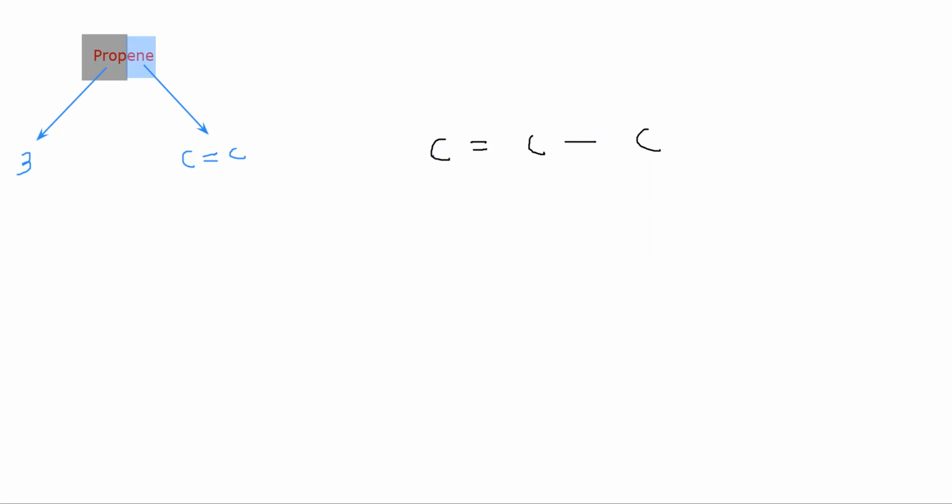Carbon can form a maximum of 4 bonds. So there is always the number 4 you have to complete. So that is prop because of 3 carbon, and ene shows that there should be a double bond between the first 2 carbon atoms, and the remaining carbon atoms all are single bonds. Only the first 2 carbon atoms should have a double bond.